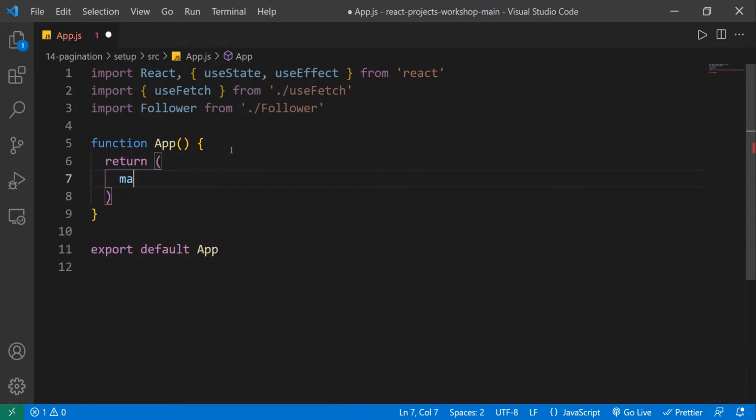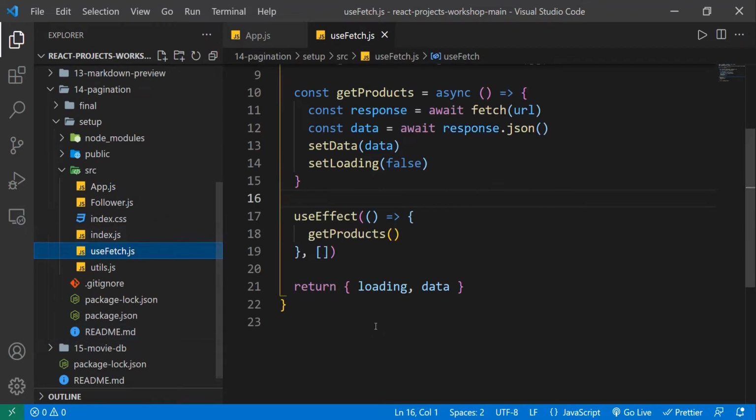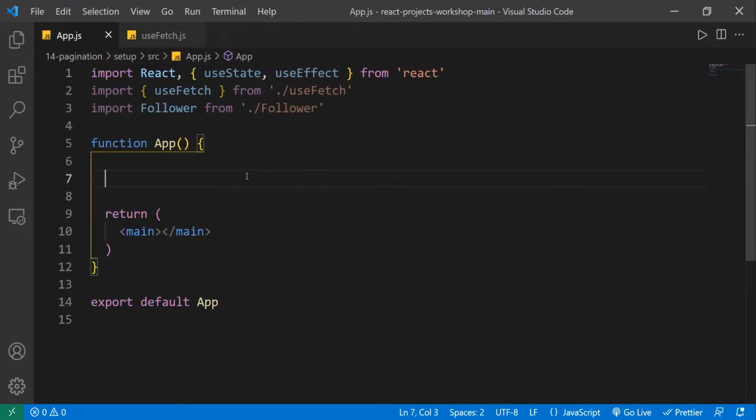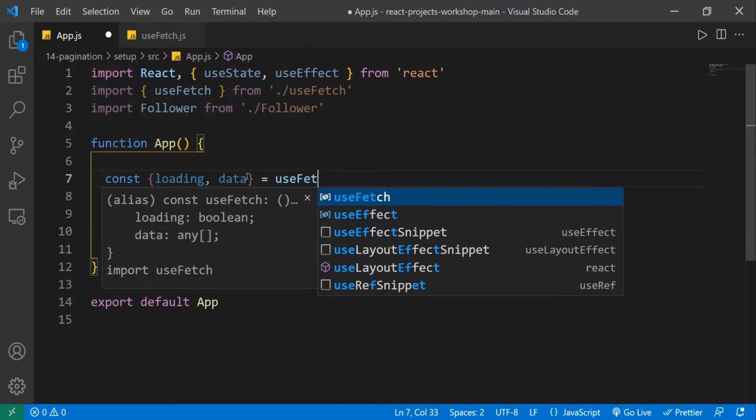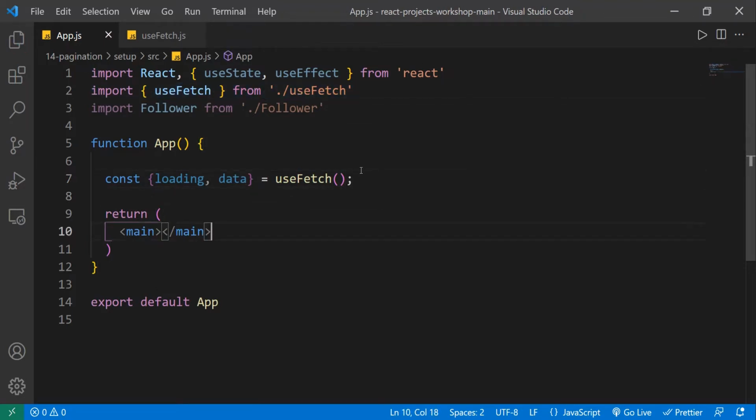Let's write something here. Let's make a main. Before I make a main, since I'll be working mostly here, I'll call my loading and data in my app.js from my fetch, right? So I'll write over here const loading and data, and this will be coming from my useFetch. Okay, I have already imported it over here, the useFetch hook. Now in my main,